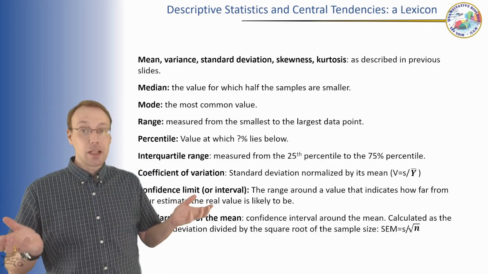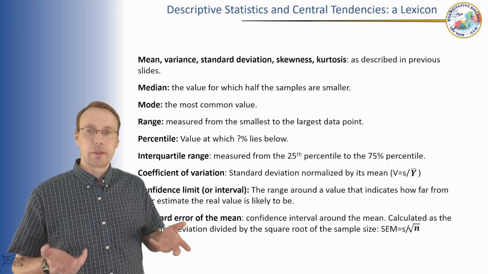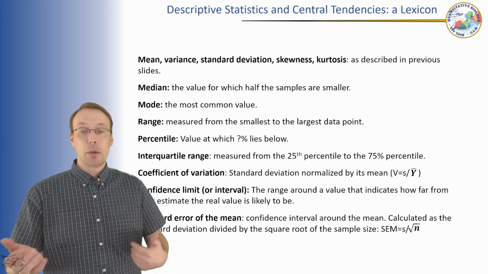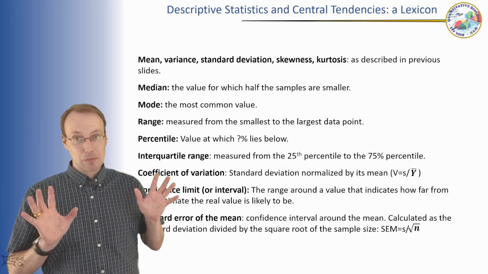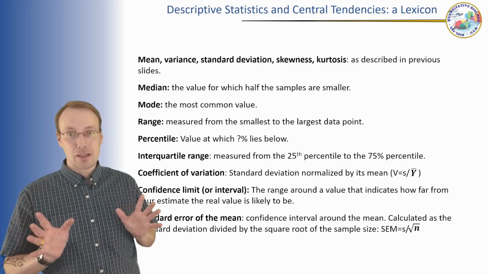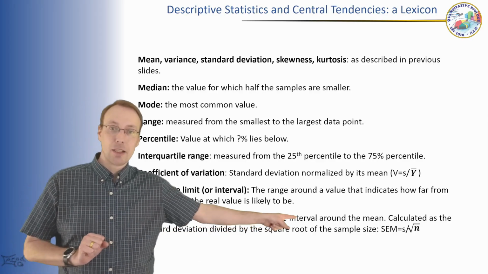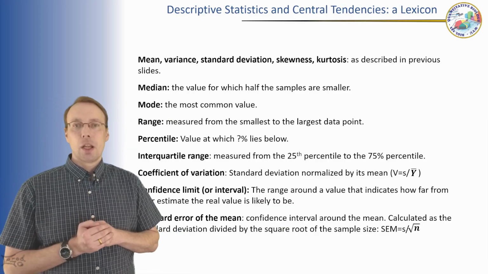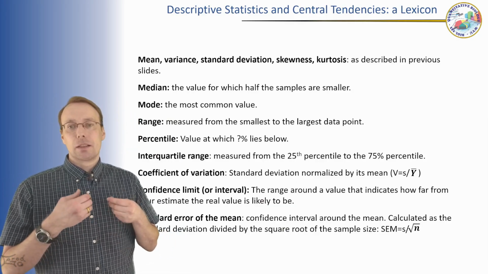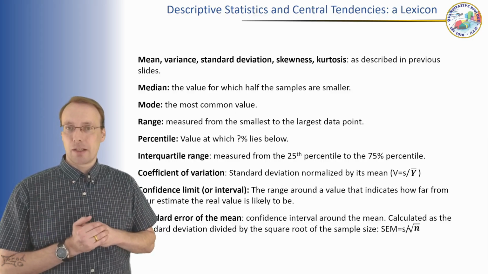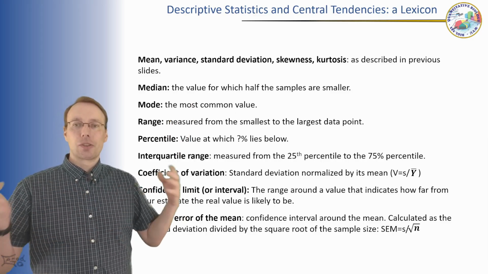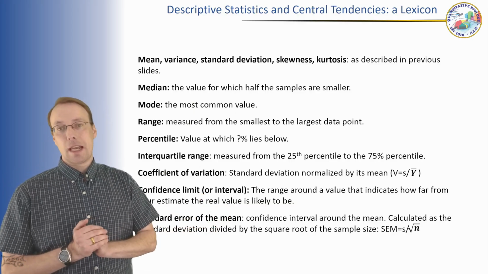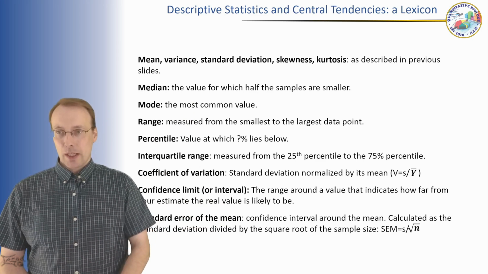Your standard deviation is not dependent on the number of samples you have, not very much at least. It's simply how variable your population is. So make sure you understand that the standard deviation and standard error are, even though they're mathematically related, just this division by n, or square root of n, really makes the interpretation of these numbers very different. So the standard deviation shows the variability in the population. The standard error shows you the accuracy of your estimate of the mean. Okay, make sure